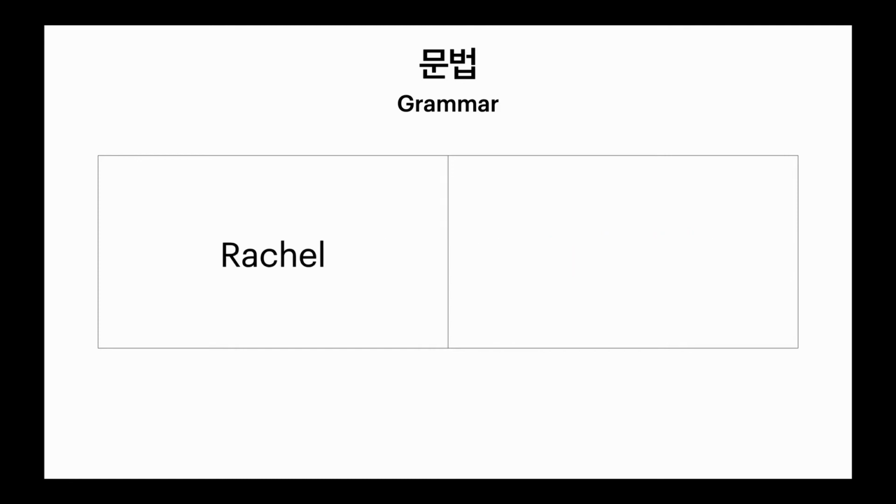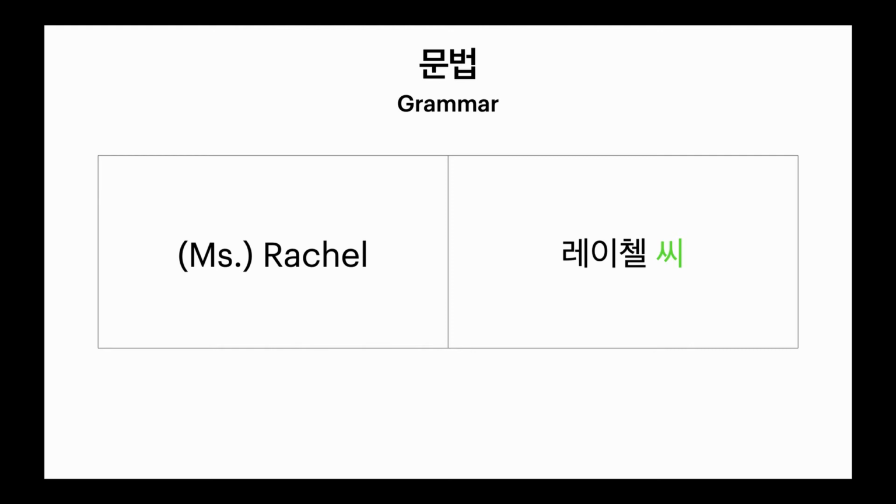Okay, Rachel. Rachel is my name. I am Rachel. And Rachel in Korean is 레이첼. Now we're going to go ahead and add 씨. 레이첼 씨. This 씨 is a word that's kind of like Mr. or Miss or Mrs. It's just a polite way to refer to someone in formal, polite speech. So 레이첼 씨 would just be how you would say Rachel. It's kind of like Miss Rachel, but you could just think of it as a way that you would say my name if you didn't really know me that well.